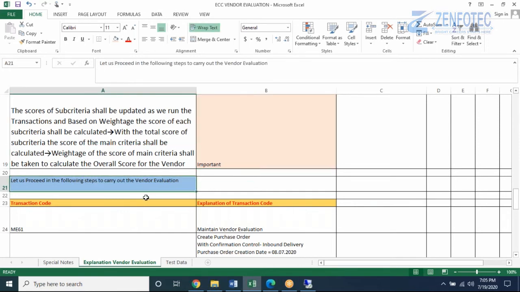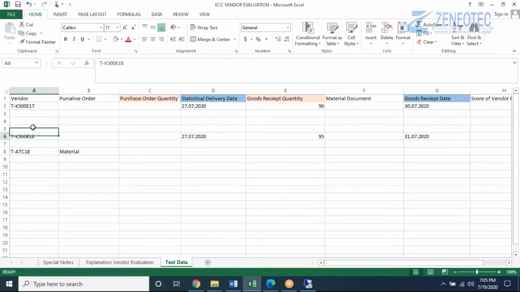So let us proceed in the following steps to carry out the vendor evaluation. First, we will go to ME61. Let us see what ME61 tells. We have prepared one test data. The comparison will be between these two vendors, and we will take this material T-ATC18. The comparison will be done on purchase order quantity and goods received quantity, statistical delivery date, and the goods received date.